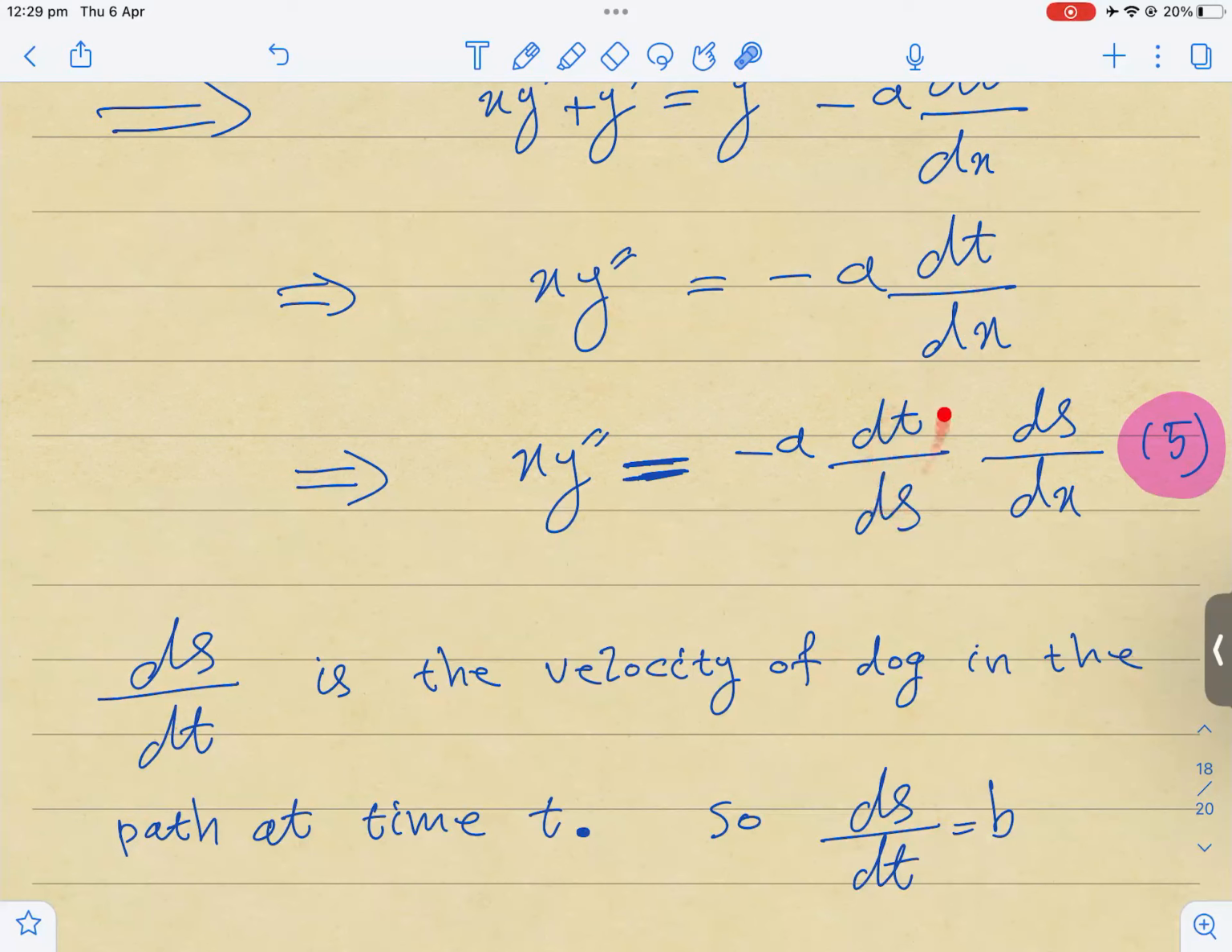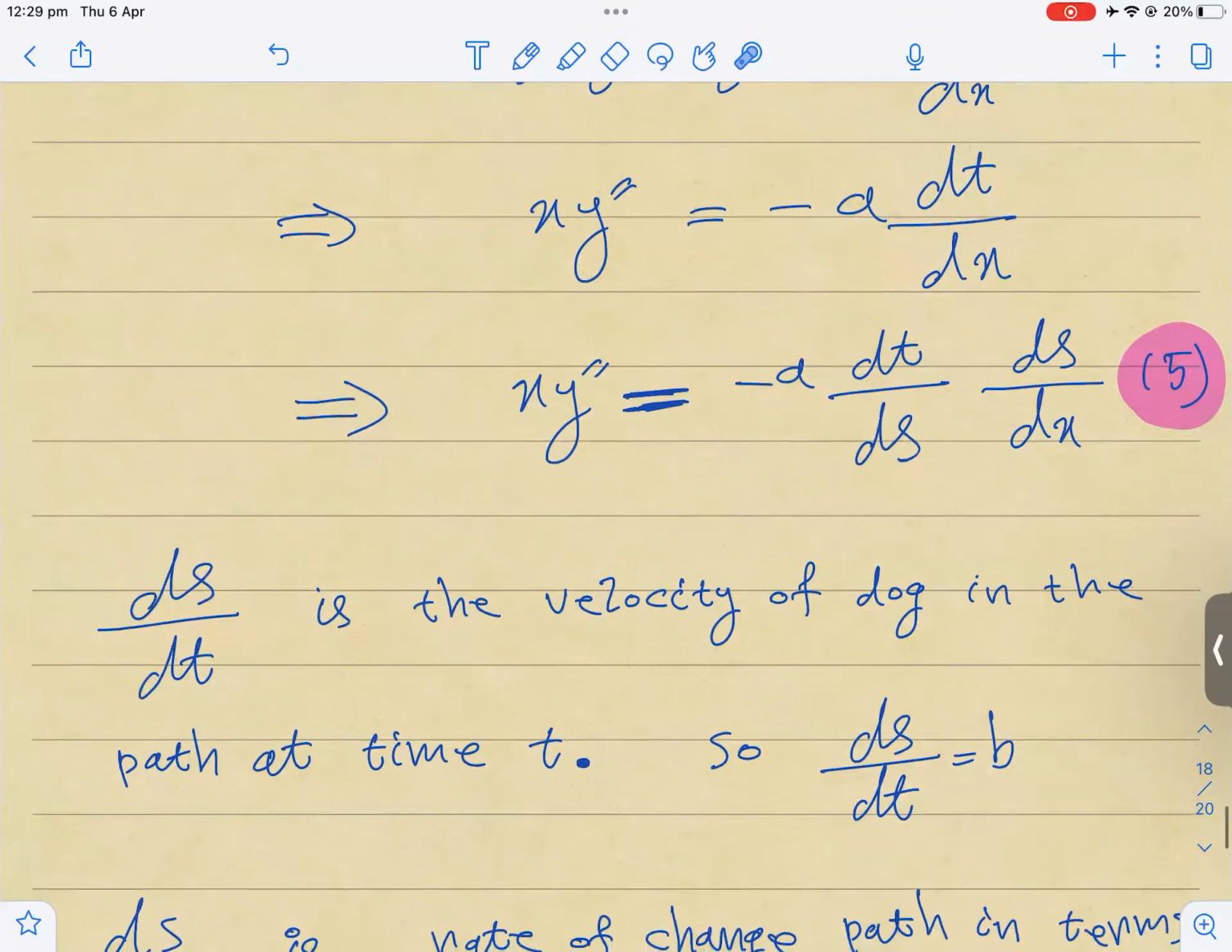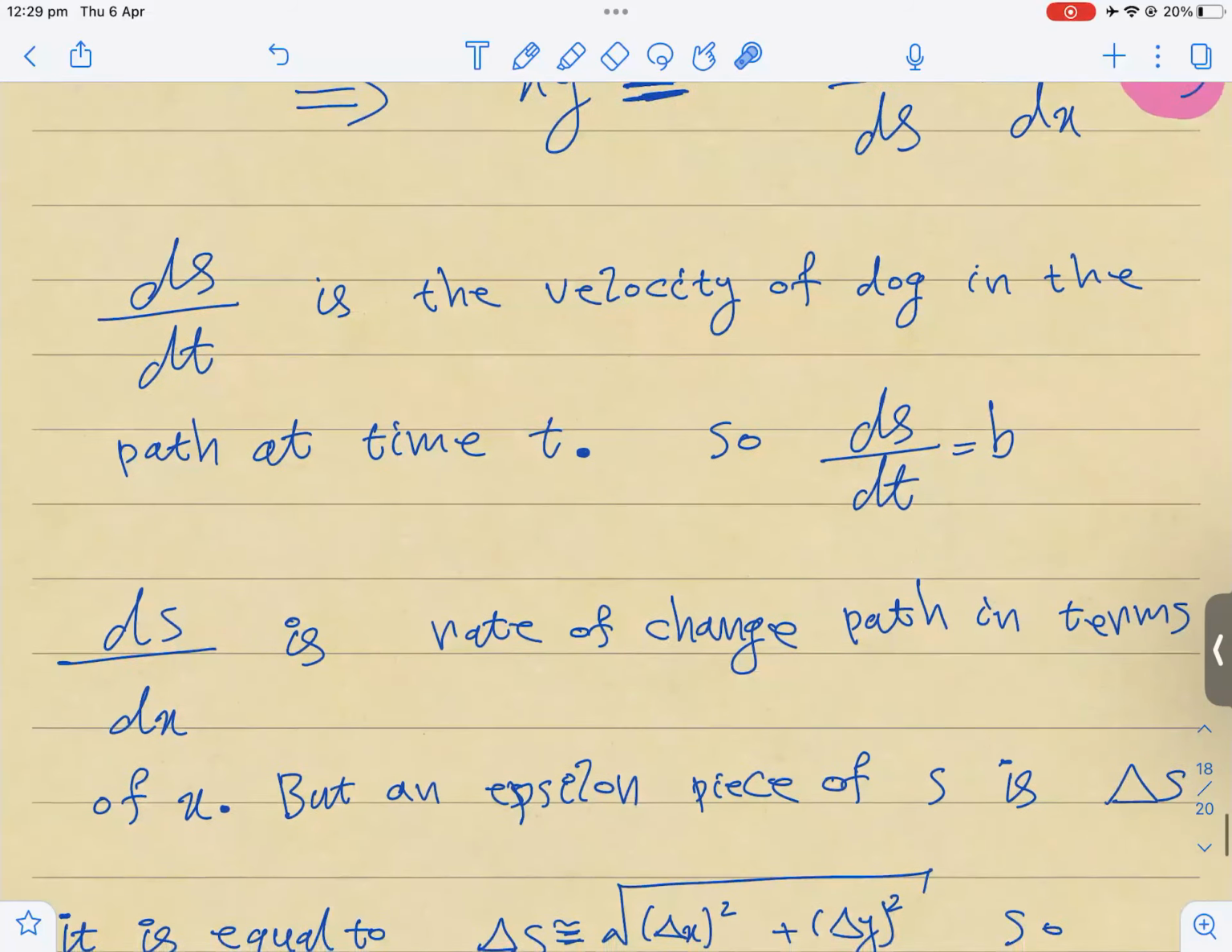So first expression, the reciprocal of this: ds over dt is the velocity of the dog on the path at time t, which is b, because it's a fixed velocity of the dog. So for the first fraction, I will substitute 1 over b. ds over dx, I don't need to explain,